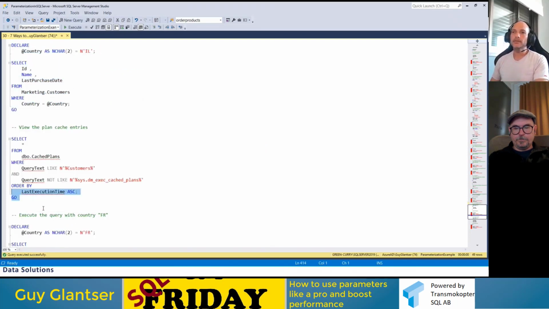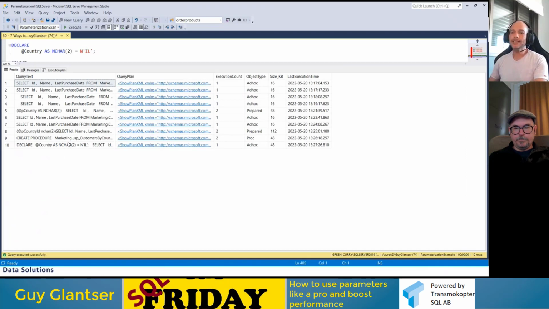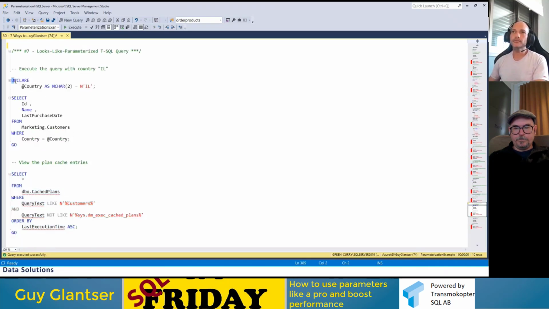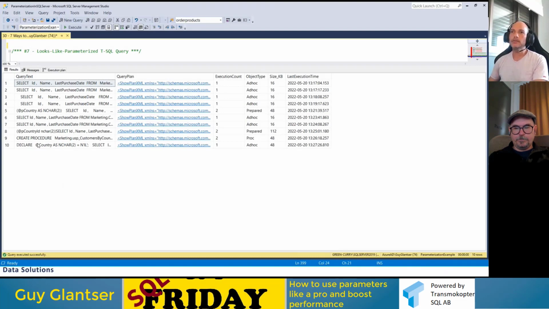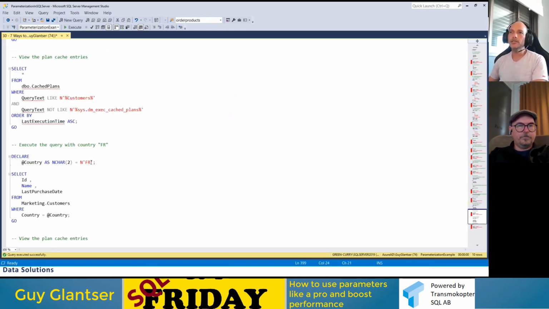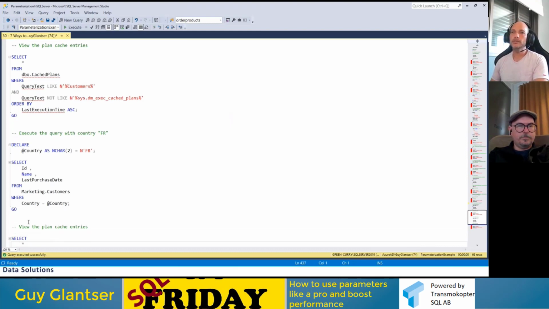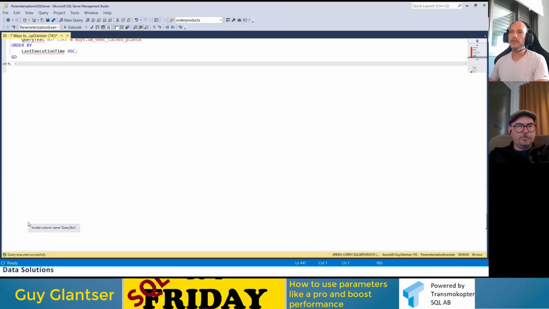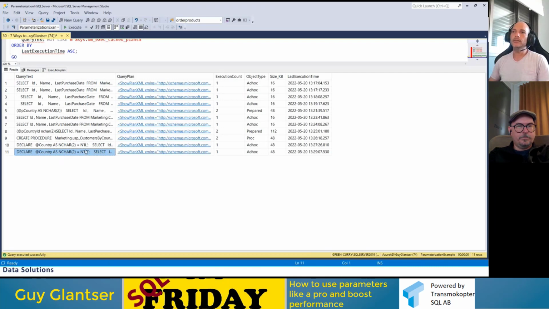But another problem with this code, if we look at the plan cache, let me remind you, we did this. It looks like a parameter, but it's not. Here is the text. It's an ad hoc query. And actually, the entire batch gets compiled, including the declare, including the value of IL here, which is a constant value. So if we change only this to FR, the entire batch now gets compiled. Since it's a different text, we get a different hash value, we get another compilation, and it's still an ad hoc query. So if I look at the query plan again, we have another line with only this difference.